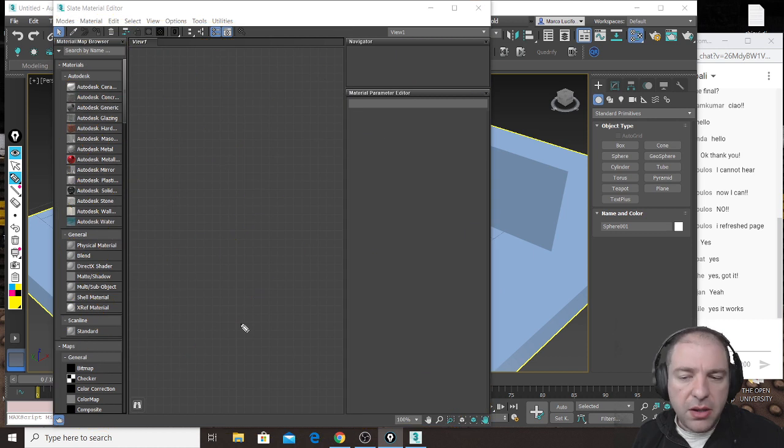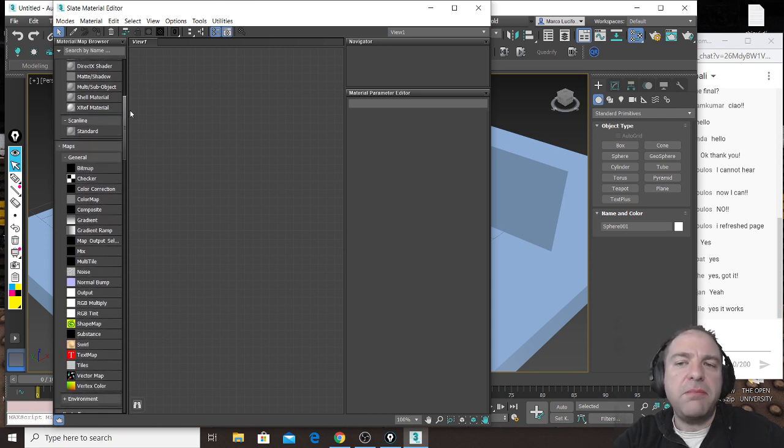But let's see how the material editor works and how to use it, one way, because there are multiple ways to use materials, but one way that is highly efficient. We will start using materials that are preset in 3ds Max. So before being able to create our own materials, I will show you how to deal with preset materials from the library. What you have to do is simply scroll